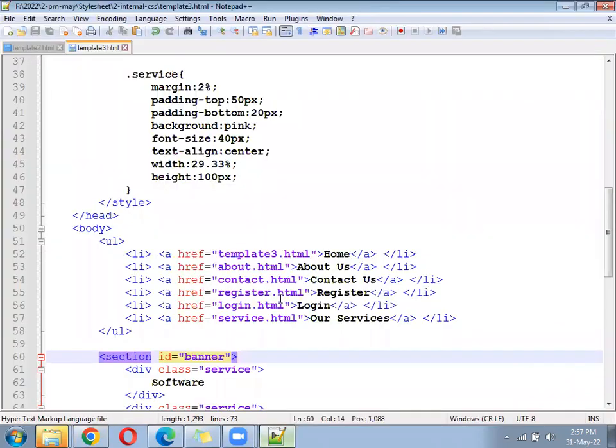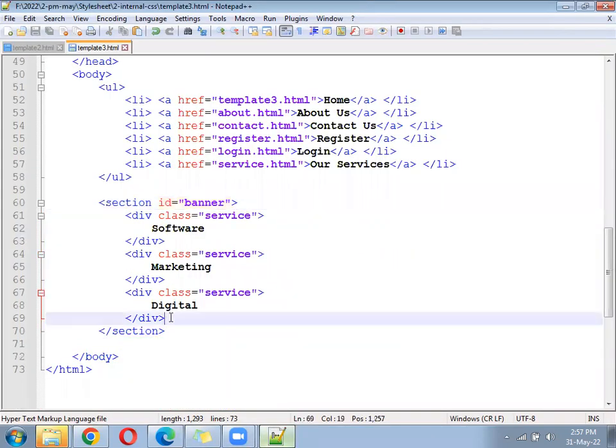What will happen if we add one more service? Will it come in the same line or a new line? Add one more and see. Copy the division and paste again.